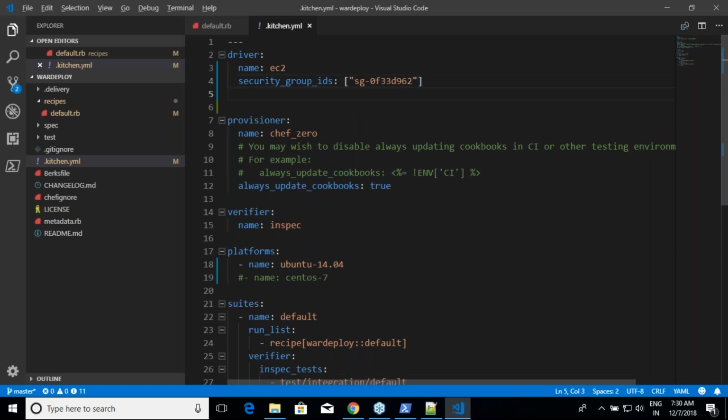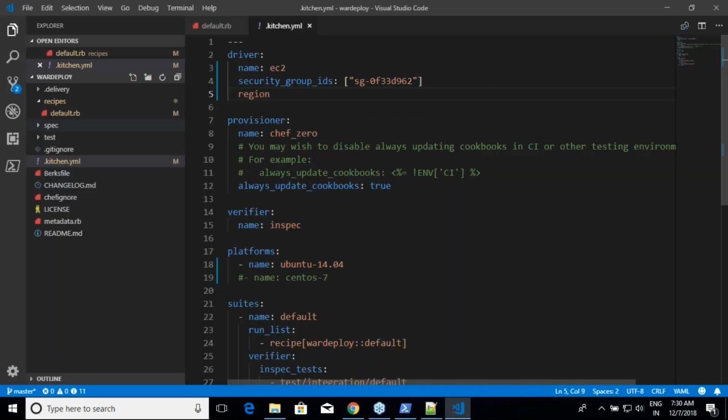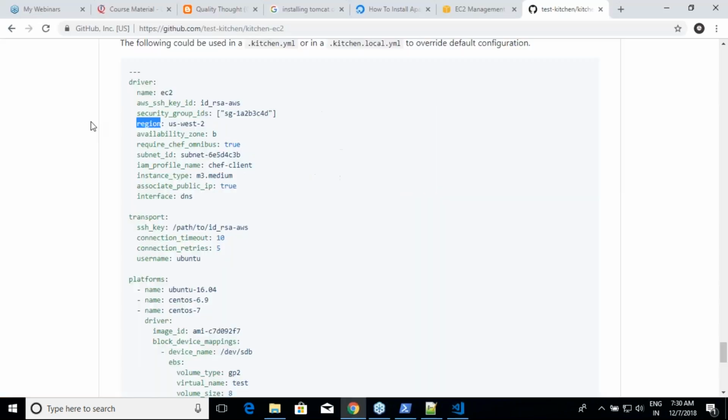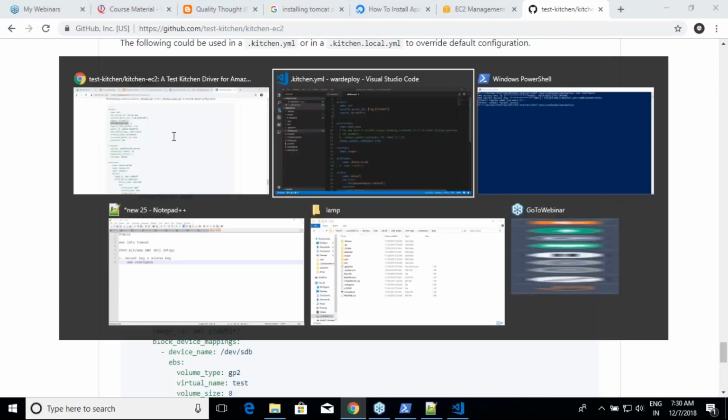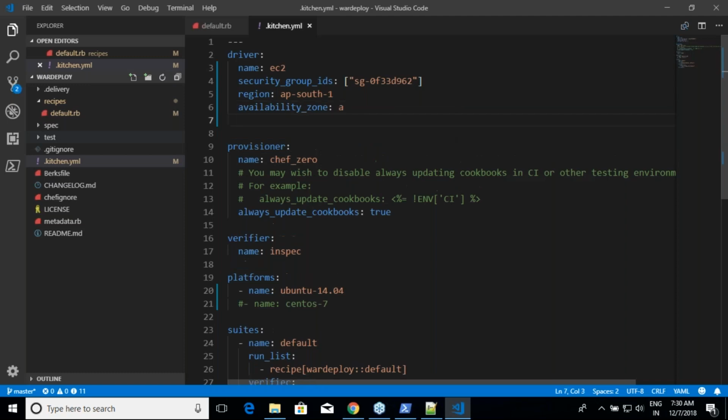Now let me come back. What is it trying to tell? What is your region? Since I'm using Mumbai, I'll put AP-South-1. And then availability zone. We have two availability zones, A and B. I'll be using A, but you can use anything, right?